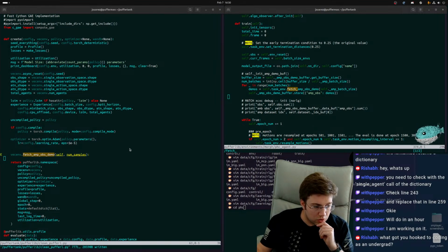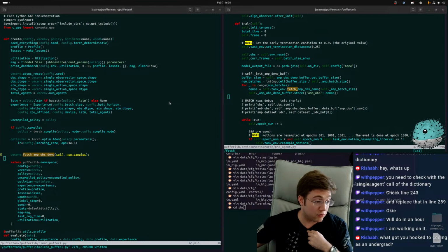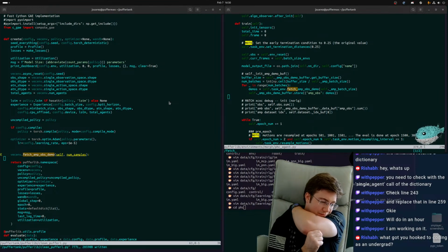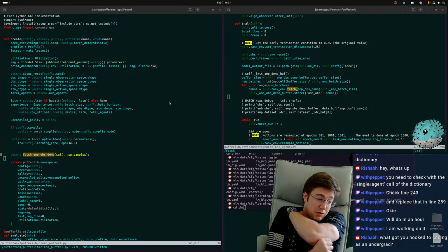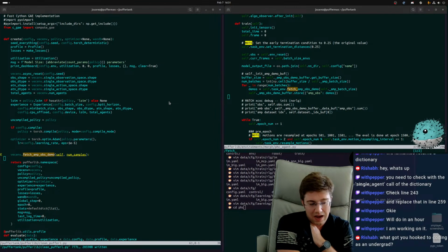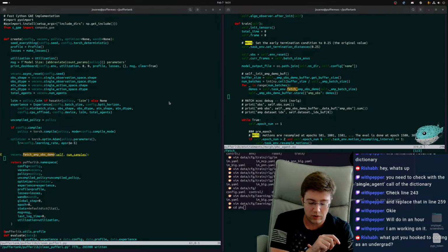What got you hooked to coding as an undergrad? I was already coding for a long time before then. I've been coding since I don't know, 13 or 14 or something. And frankly, it's much better writing code now than when I started. I guess there's a wow, I can just build stuff thing, even if you don't quite know how to do it when you are pretty new.